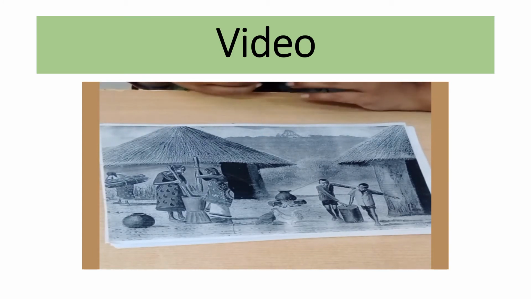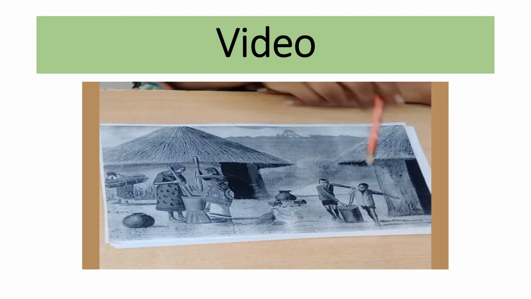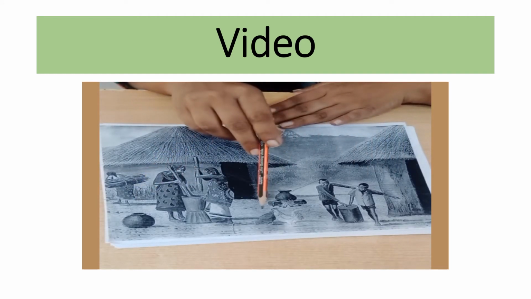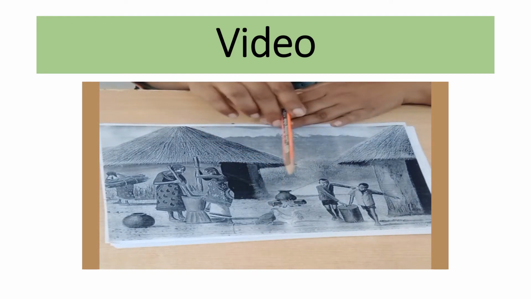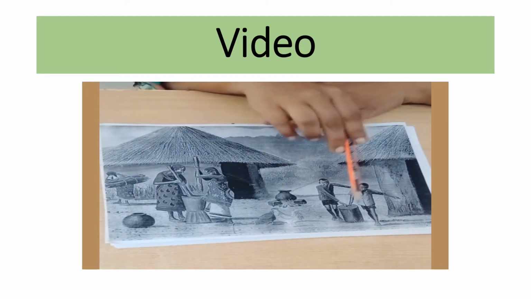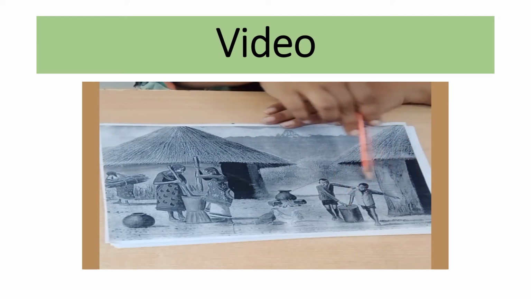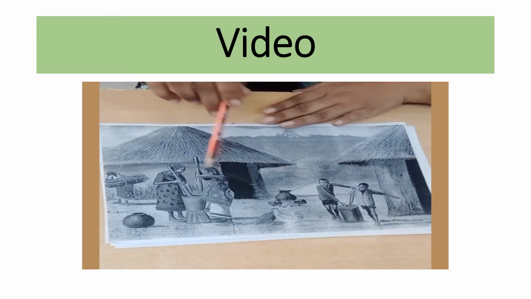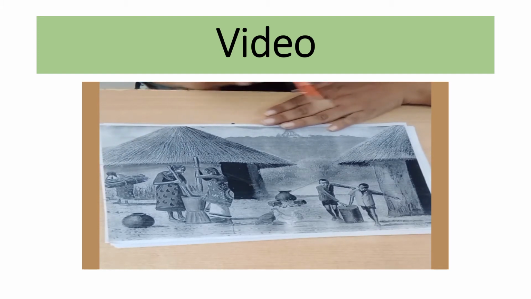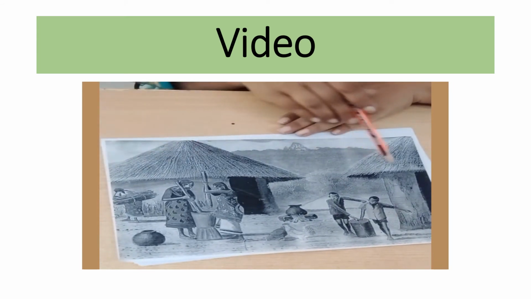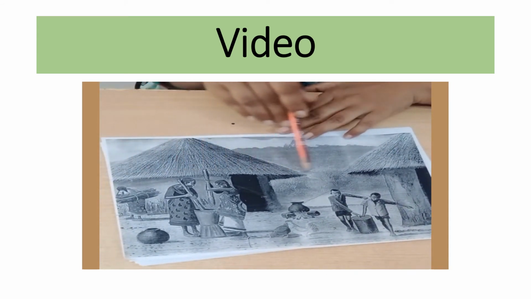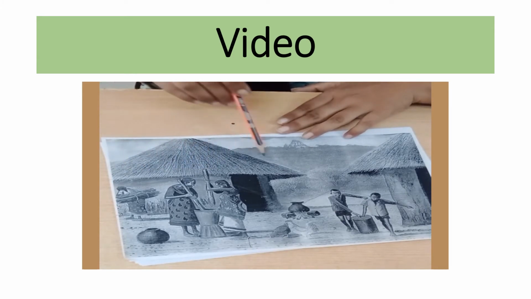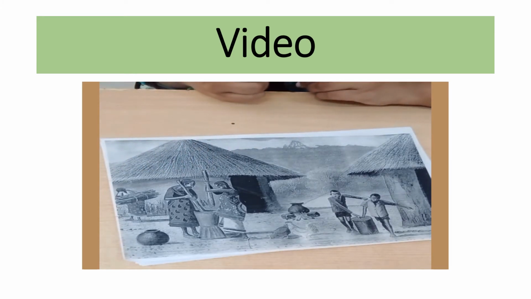In this way we can create the three grounds. The foreground is the most realistic part, where your eye viewpoint goes. Two crows are standing along with a pot, and one boy is hanging the pot. The middle ground is for two boys and two women, and one woman is holding a bunch of logs or trees. Starting from the middle ground, we can create the curved shape and create the hill in the background, till the background. And how can we give and create shading? We will see that in another picture or another video.